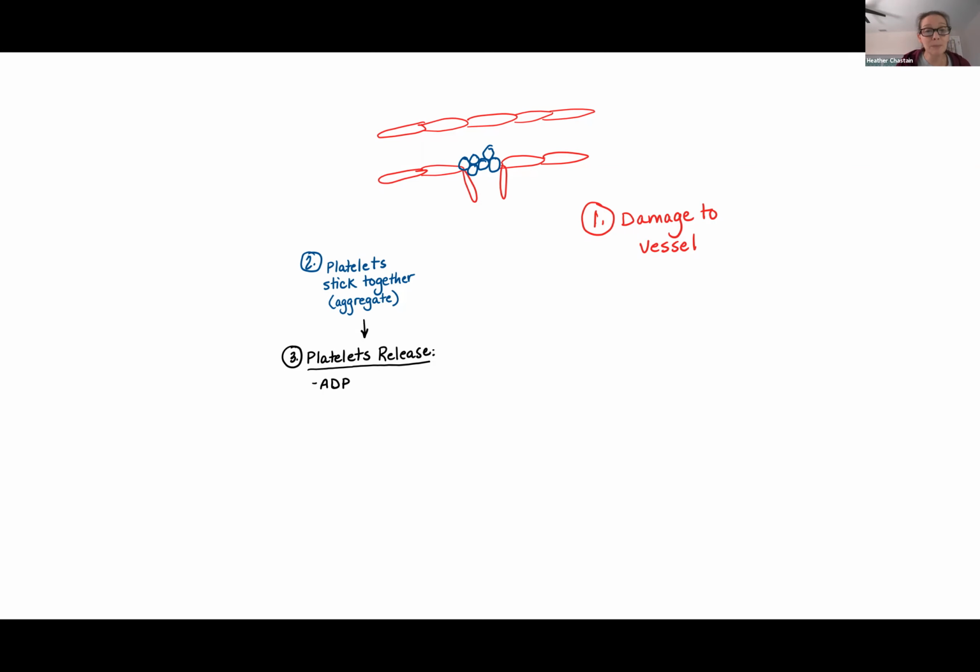ADP and ATP are similar things, but ADP. Thrombin, thromboxane A, and prostaglandin. So the platelets release these chemicals, and these chemicals work to attract more platelets to the site